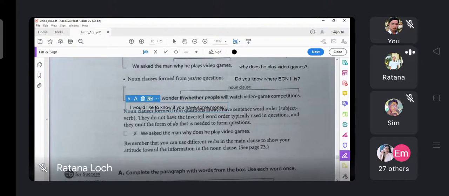Or maybe you can use whether here. Sorry. Okay. So the same, okay. I would like to know whether you have some money, but normally we use if a lot. Okay, we have some cases where with some words we cannot use if. Okay, you can use if, but